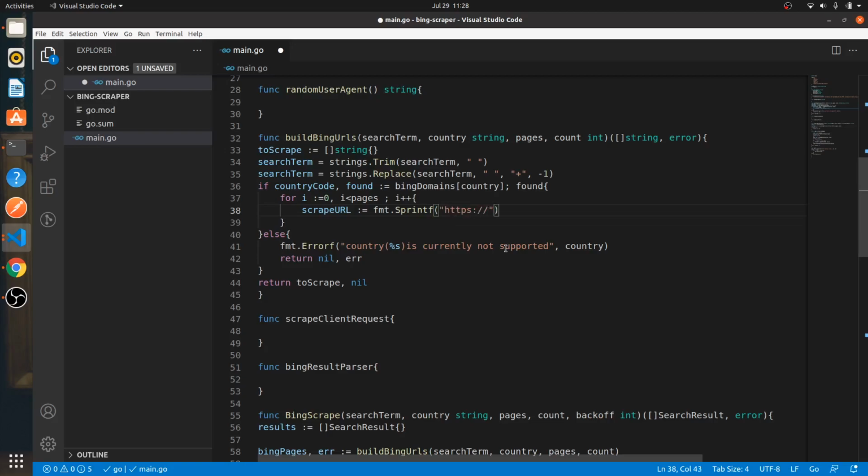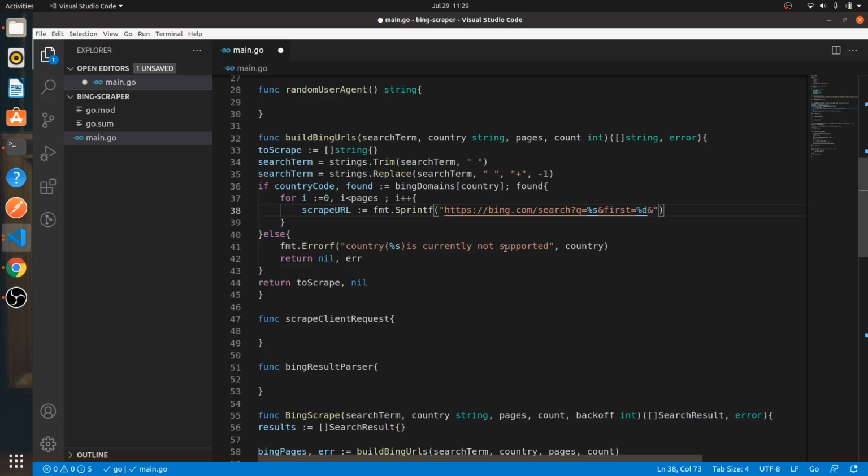So the link is bing.com/search?q is equal to %s, %s, and then we'll say and first is equal to %d